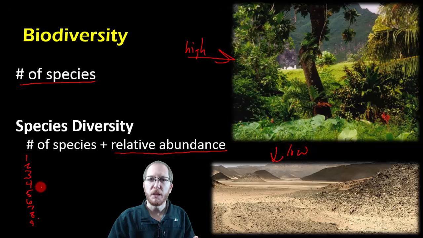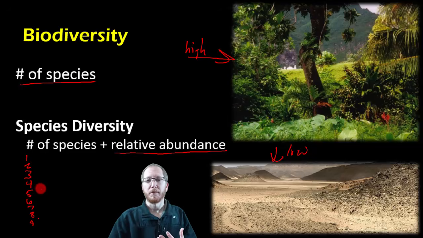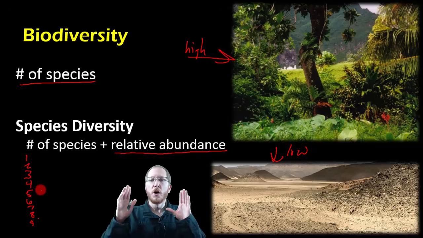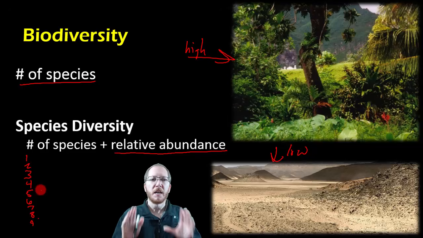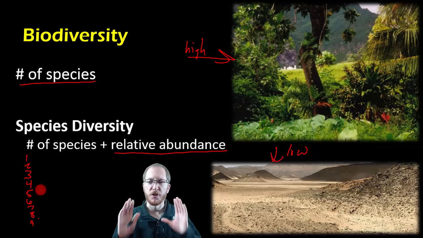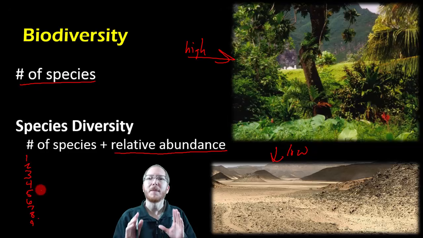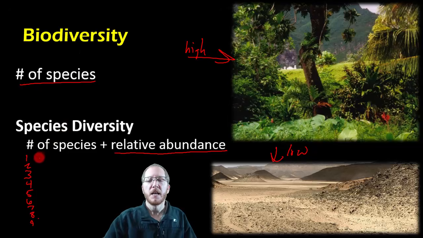So if we have these 9 species, that would be my biodiversity. Sometimes they call it species richness, but that would be essentially the information I would have if we were just going by the regular definition as far as number of species. But that doesn't tell me how many of each of these there are. When we talk about species diversity, it accounts for how many of each there are. So if you analyze the number of each of these species, you might find that 90% of the organisms living there are species 1, whereas you might only have roughly 1% or 2% of each of the others.